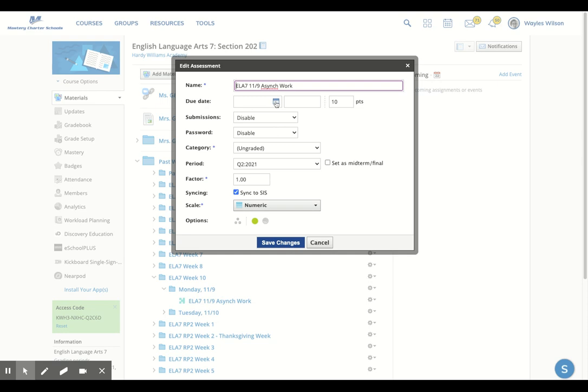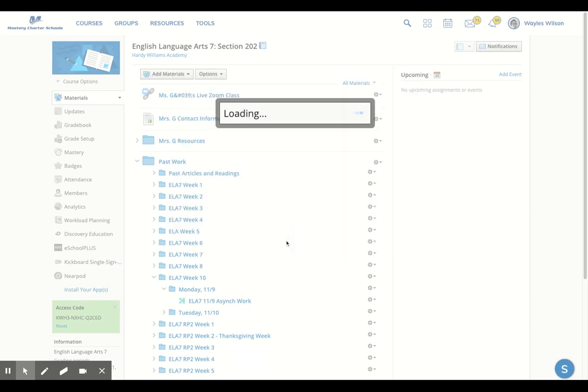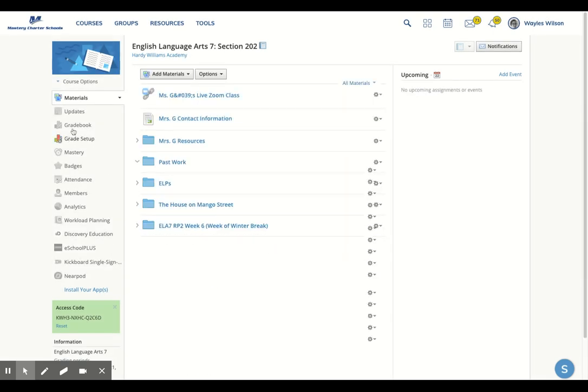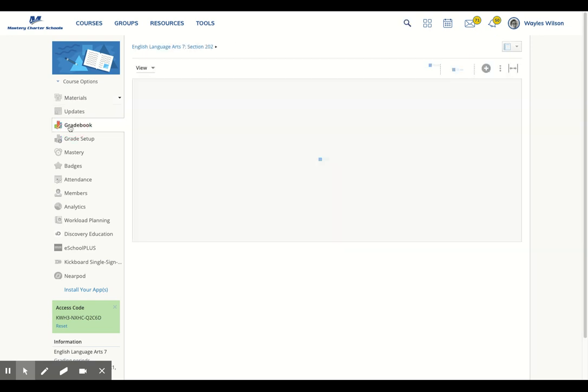And you can list due dates, or at least make sure that you've put in a grading category. Once you've done that, when you go to your grade book,